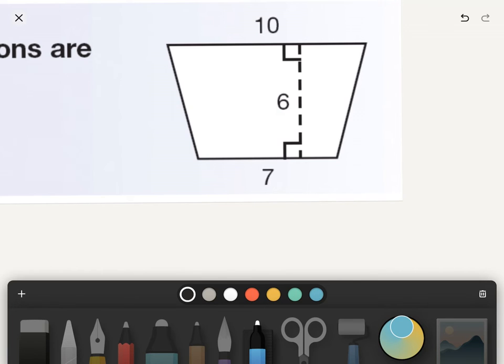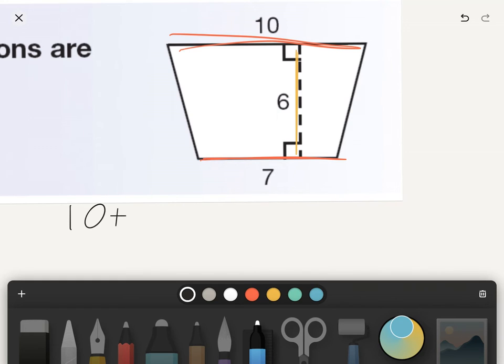If you don't remember anything else from this lesson, remember this rule: for a trapezoid, to figure out the area of it, you take the top side and the bottom side, and you add them together and you get the average. And then you multiply that times the height. So to get this, you've got to do